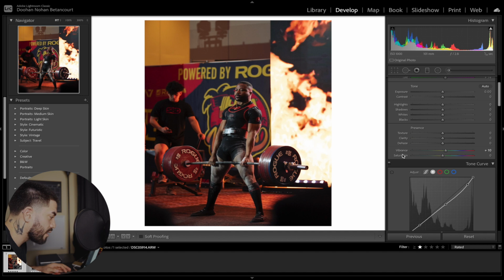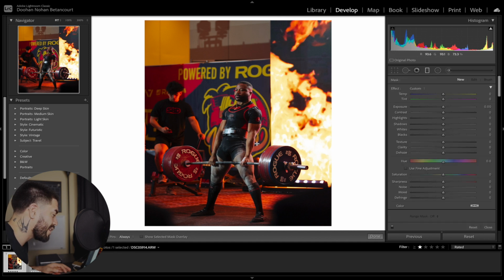Honestly, we're probably gonna go back up on some saturation here. Just give it a little bit more. I'm thinking like maybe like 15. Beautiful, beautiful, solid picture. And now we're gonna go over to our graduated filter and do a mask down below,